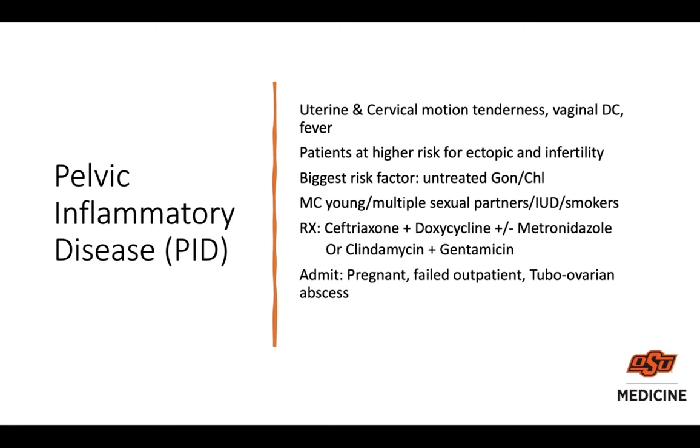Also in smokers and those who have IUDs in place. Treatment is again Rocephin and Doxy, plus or minus metronidazole, or clindamycin plus gentamicin if they're allergic to one of those other ones. So in these patients, if you diagnose, again, primarily based on history and physical exam, there's